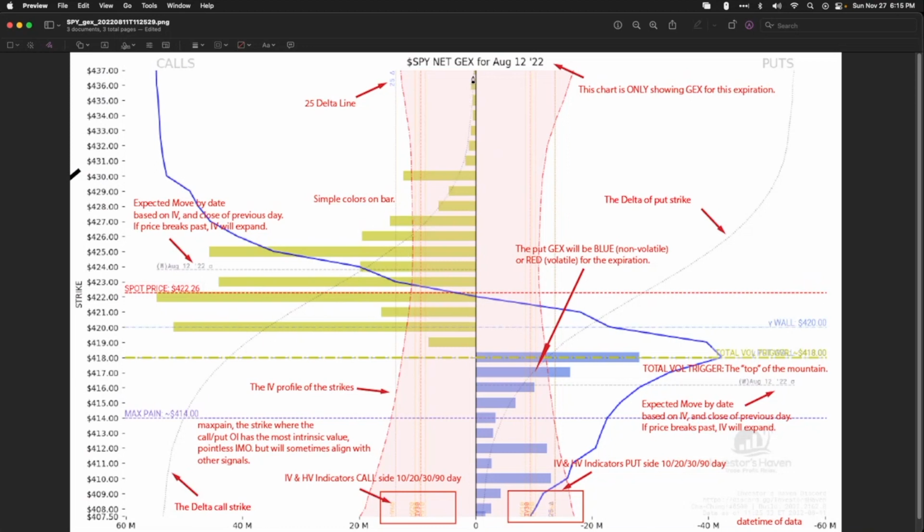Now that line is going to shift. In my opinion, it shifts based on the IV. So now you've got three parts to this: the histogram, then the delta line there, and then the IV, which is these red lines here in the middle. Yeah, it's the red shaded area, right?